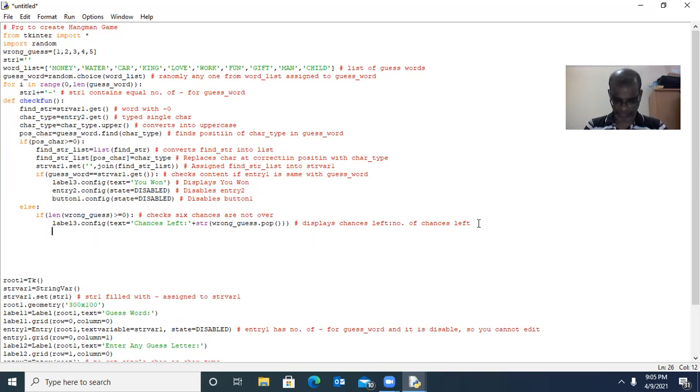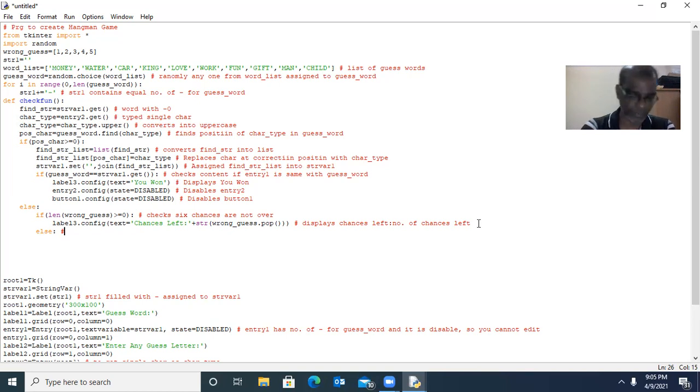So after that, that means all the 6 chances are over. We typed 6 times a wrong character. That means the character is not available in the guess word.